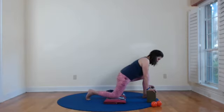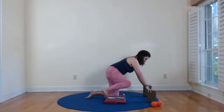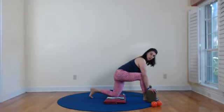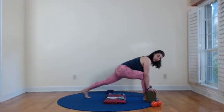Right knee down, left knee underneath us. Okay, back to the first side, second variation. All right, so toes tucked on your back foot. Pull from the arch of your left foot, that's your back foot, to the core of the pelvis. Pull from your right foot up through the bones of the front leg, your right leg, into the core of your pelvis. Stretch from your pelvis through the lines of your legs to lengthen and come up into a tall